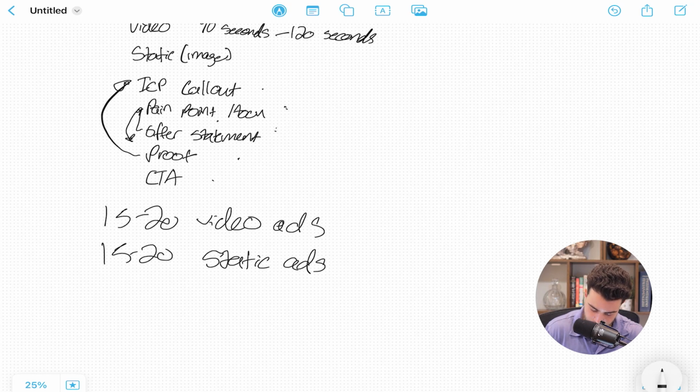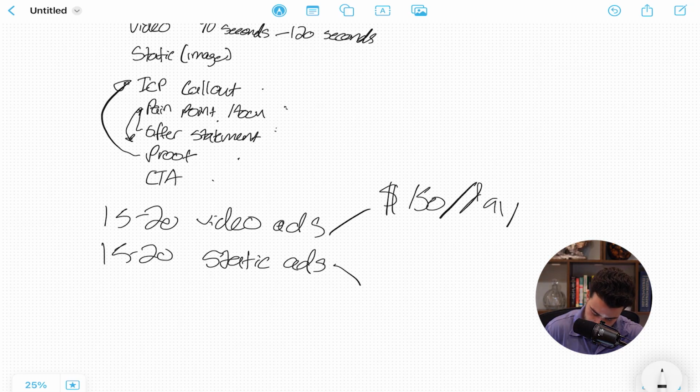And you're going to want to test both of these, what we see at about $150 a day to start, at least. If you're testing anything less than that, you're not going to really get enough data to come through